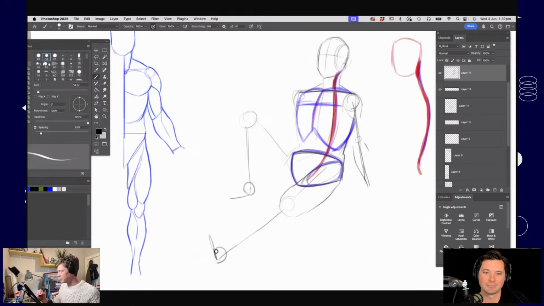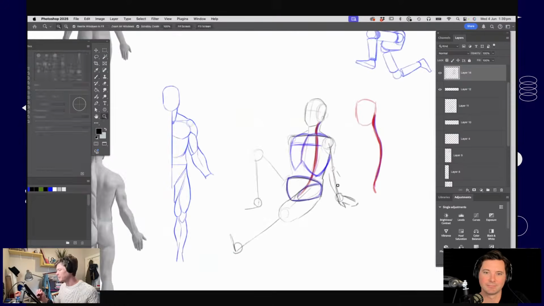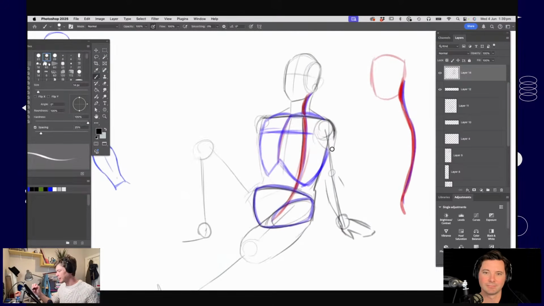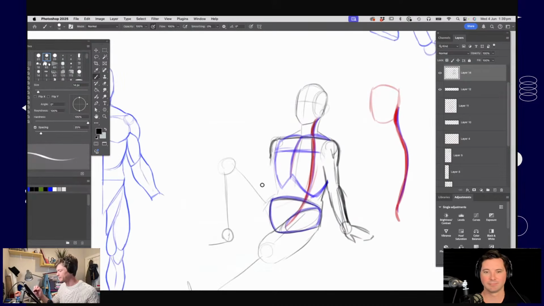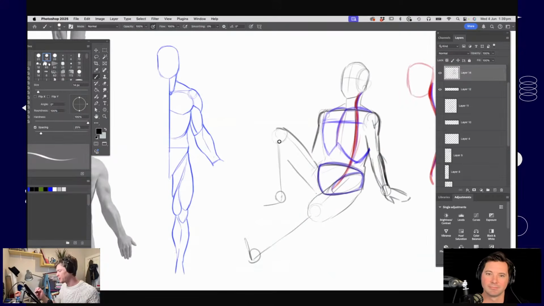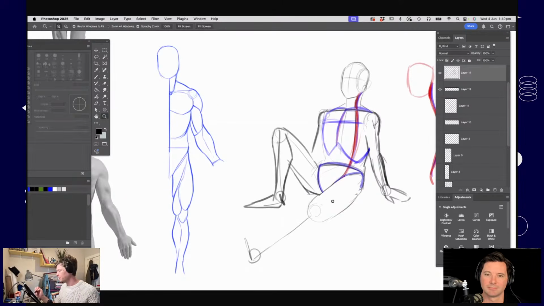So I'm blocking in my joints with the circles that we've talked about, putting the base of it. And the trick with this is that there are techniques for doing these kinds of drawings, but you just need to do it over and over again. I guess that's pretty obvious advice for any kind of drawing, but it does take a really long time to get a sense of where all the main things should go, and some of the mistakes that you often come across.